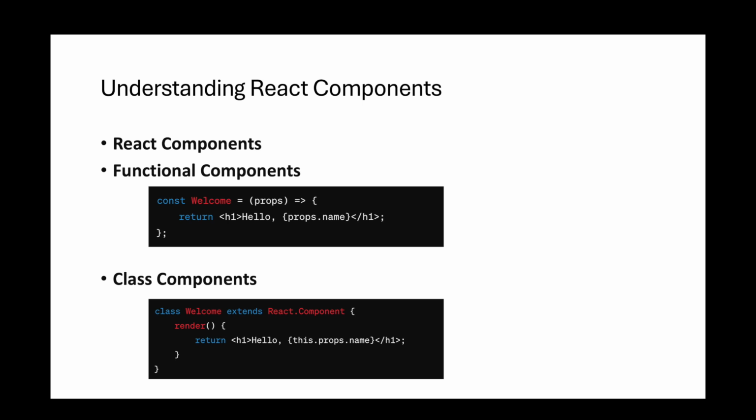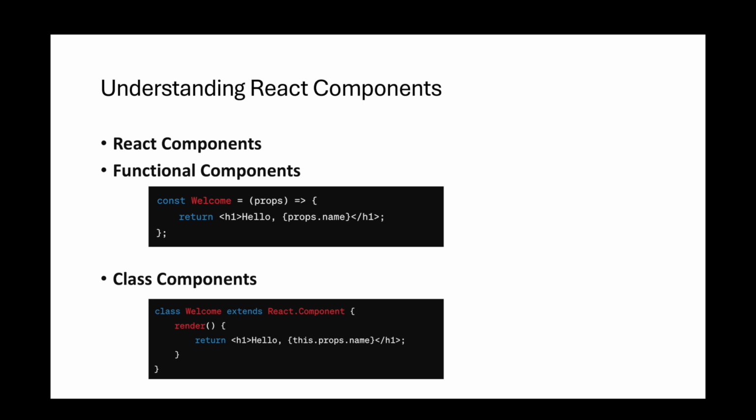Functional components are JavaScript functions that accept props (input data) as arguments and return React elements (UI elements) describing what should be rendered on the screen. Example: const Welcome = (props) => { return <h1>Hello, {props.name}</h1>; }